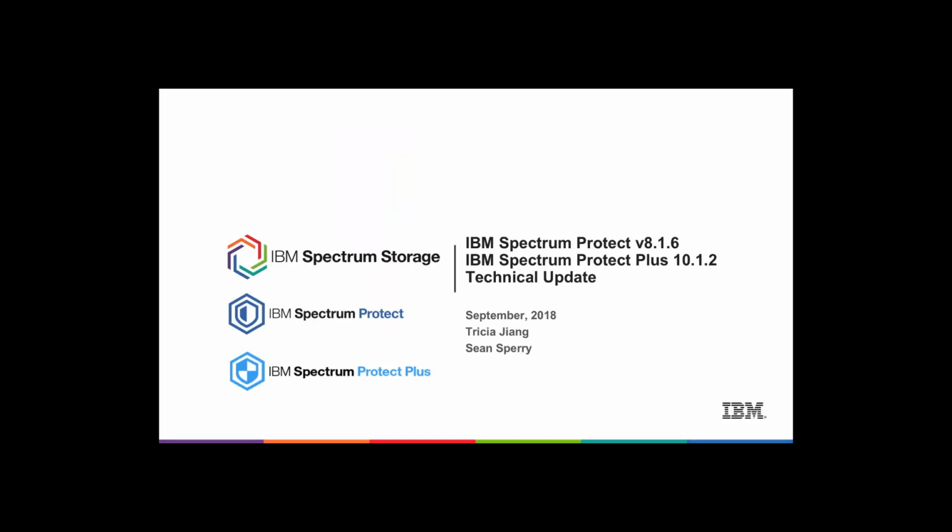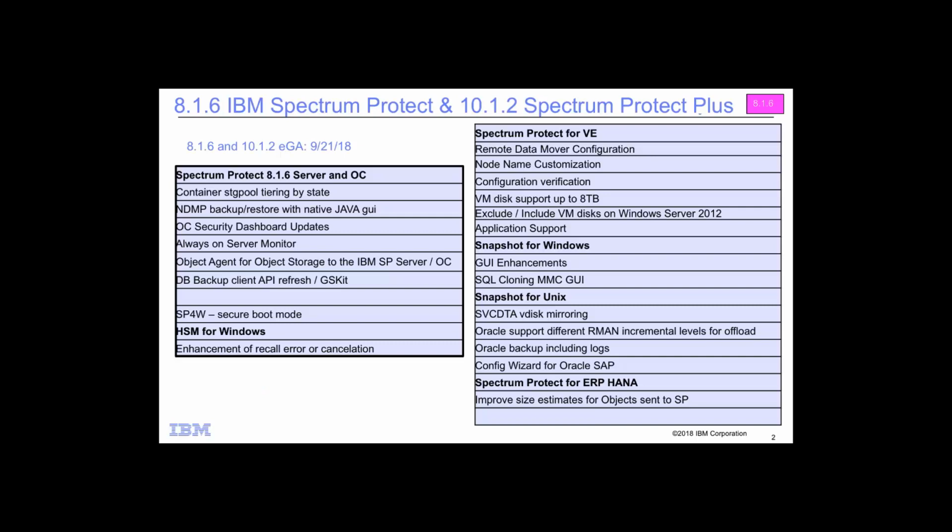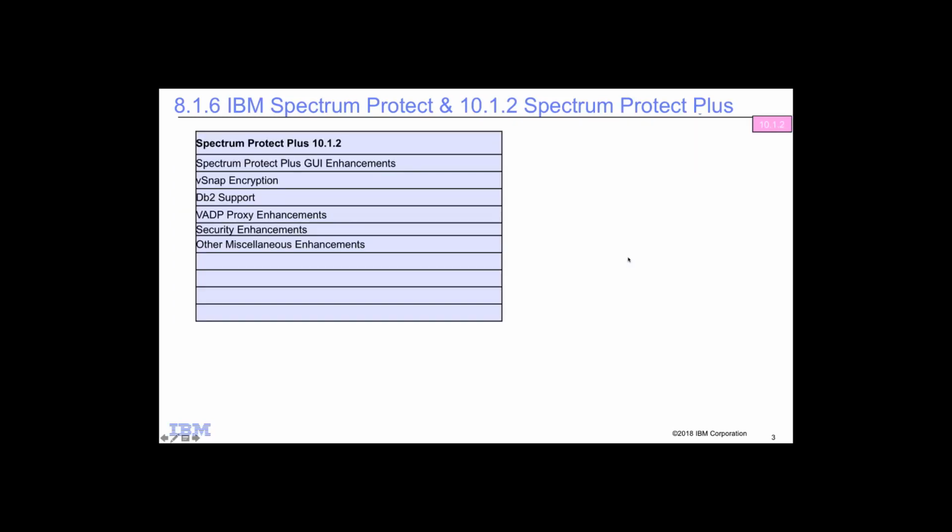Hello, my name is Sean Sperry. In my part of the presentation, what I'm going to review is the updates on the right here, which is the Spectrum Protect for virtual environments, Snapshot for Windows, Snapshot for Unix, Snapshot Protect, Spectrum Protect for ERP HANA updates, which are coming in the 8.1.6 version of these products, released on 9/21/18. And I'm also going to go over in detail the enhancements we're going to be adding to version